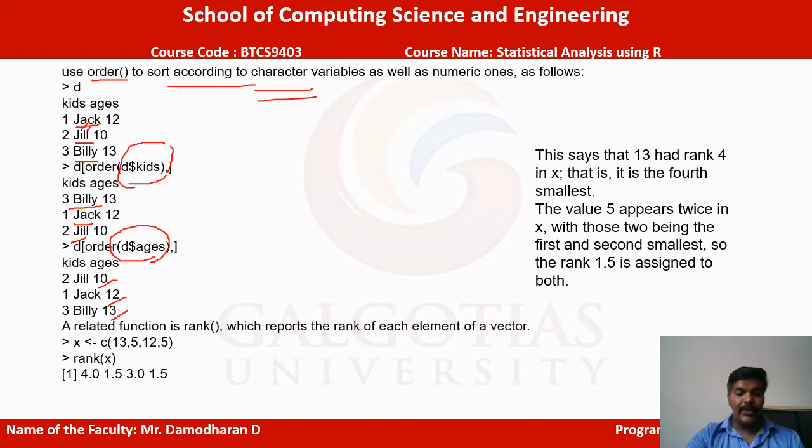Okay. Suppose we are going to print only the rank. We will use another example, like x with the values 13, 5, 12, 5. It will load the values and print the ranking, with the fourth rank. Here we have 5 two times, so 1.5, 1.5 will be taken, then the 12 will come as the third rank. So it arranges the order of the ranking position, and it gives a brief definition of that.